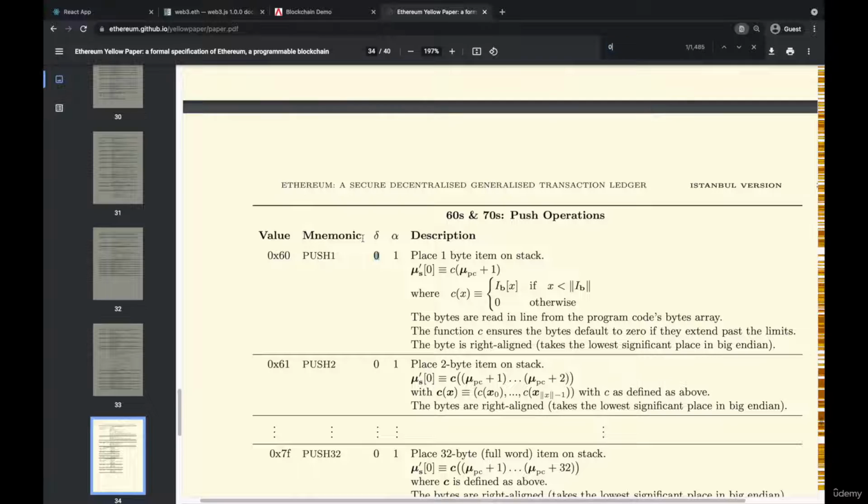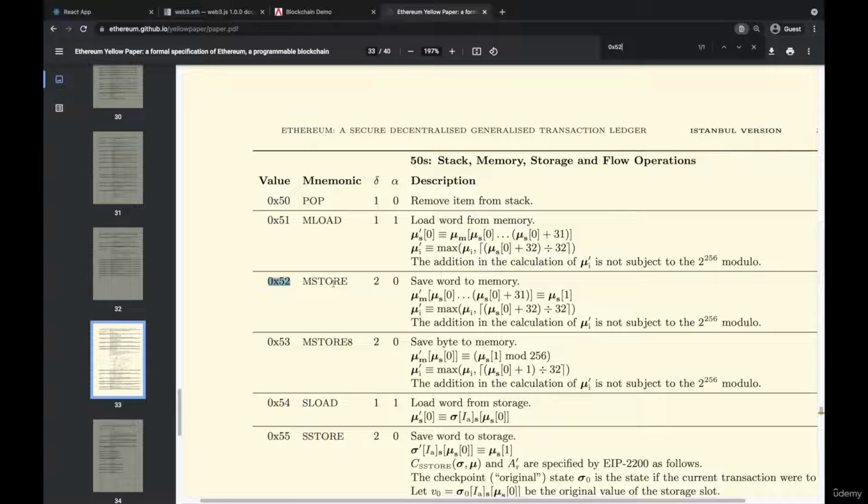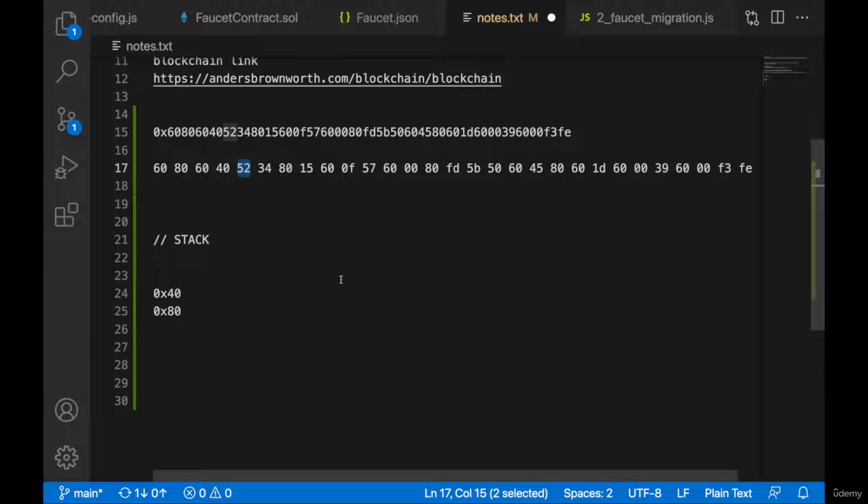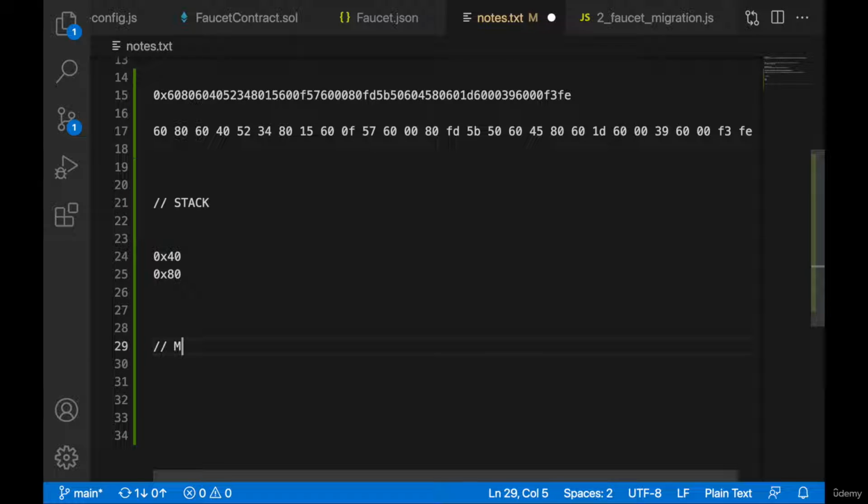So 0x52. MSTORE, save word to memory. What this basically does is store the 80 into the 40 position of the memory. I will write here also memory. So this is happening in the EVM in the background when it's executing our code. So this means store in memory,